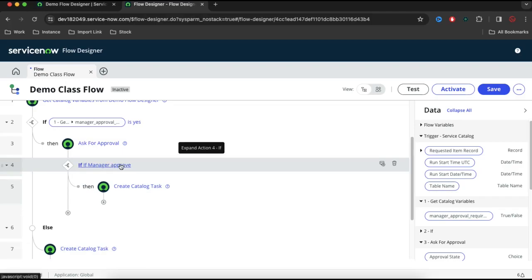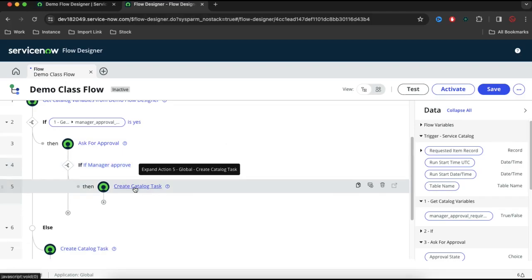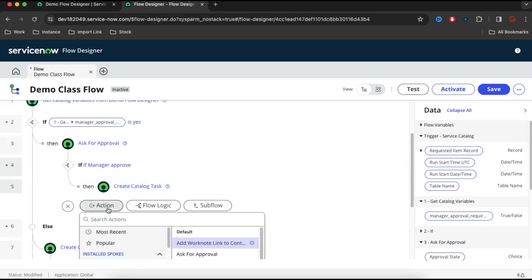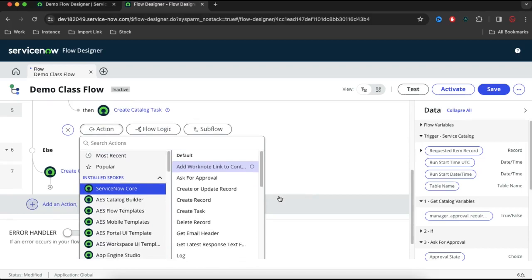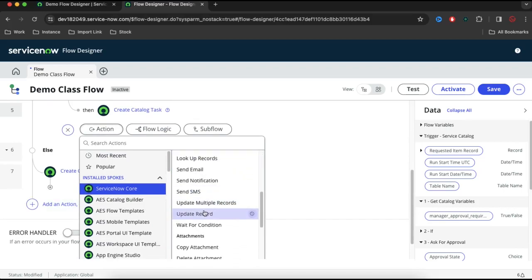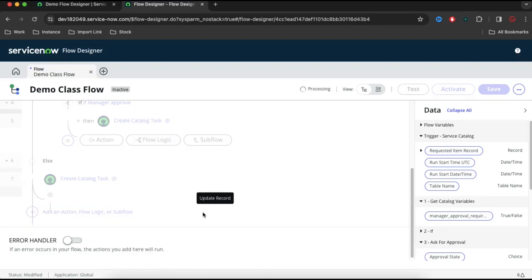So let's say manager is approved, that's fine, we are generating the catalog task. If manager rejected, what will happen? We are going to change these states. Let's say close incomplete, that state we are going to update. For that, we can have an option called update record. We can select that here, and once we select this update record,